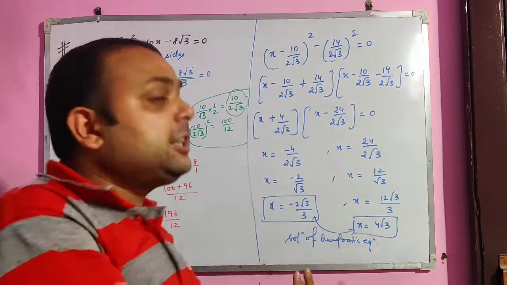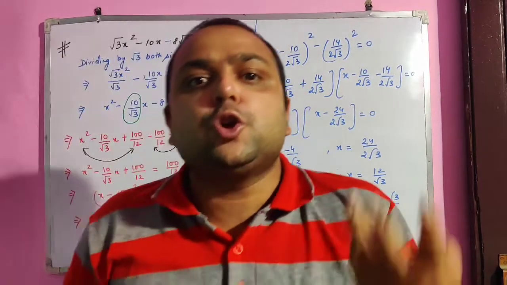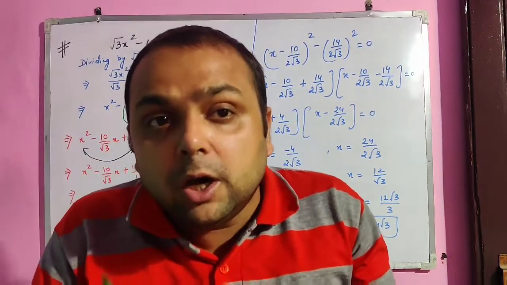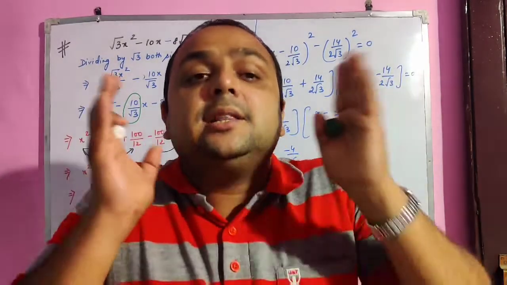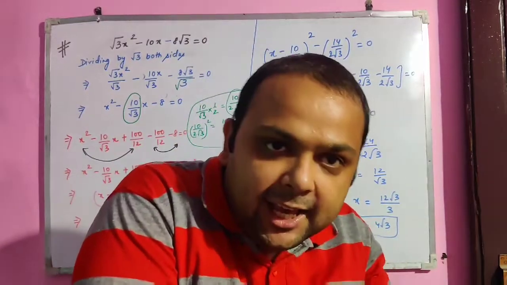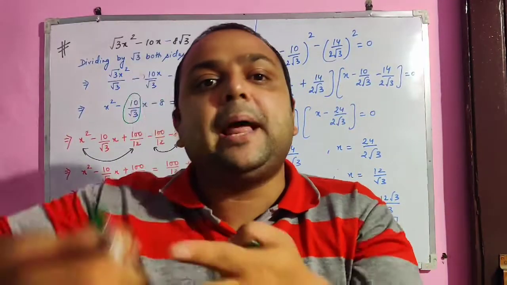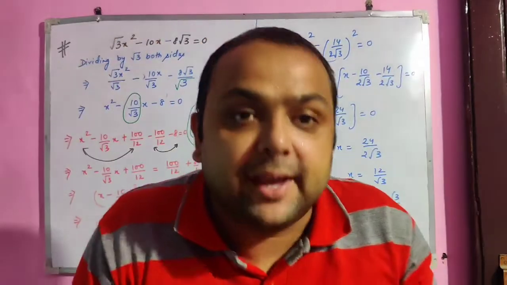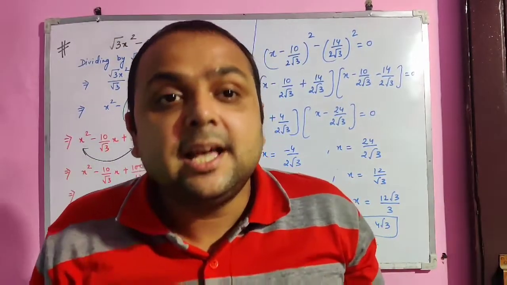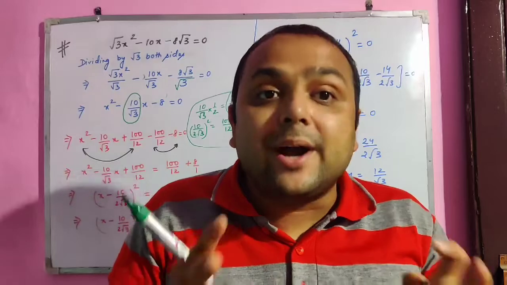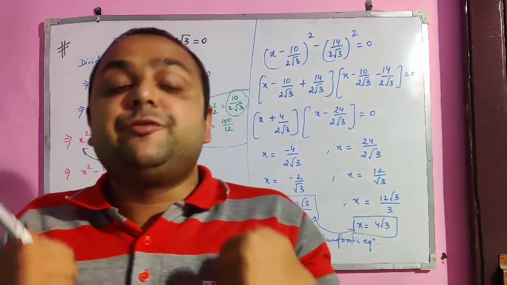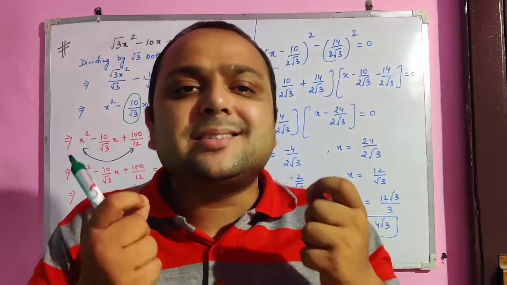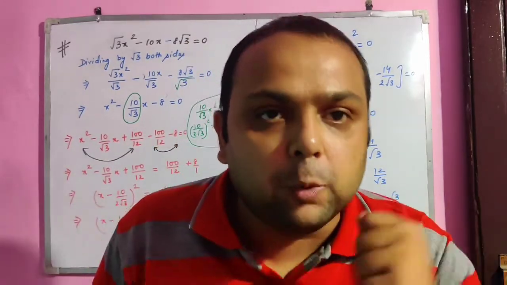On simplifying it, we get the final answer, two solutions of the quadratic equation. So for this method, we have to learn and practice the steps thoroughly: dividing by a, taking the coefficient of x, multiplying by half, squaring, adding and subtracting, and then simplifying. I hope all of you understand this. Now I am going to tell you about the quadratic formula, which will help you to solve any complex quadratic equation using the simple concept of the quadratic formula.